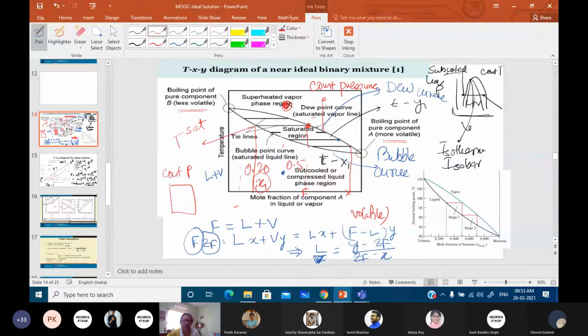Chalta hai. Okay, you don't bother. But suppose you are getting just 30%, you start with 20% and get just 30%. Then you know that there is a lot of inefficiency. Then you have to find out how to improve the efficiency. Once you have improved the efficiency to an extent where you are close to equilibrium, then you go for multiple number of stages.